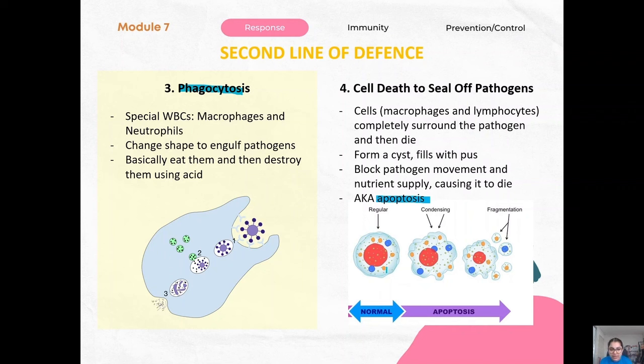So this is a regular cell, but then once we see it's been infected, apoptosis is initiated, cell death. The cell is going to die so that it can take down the pathogen with it. Okay,